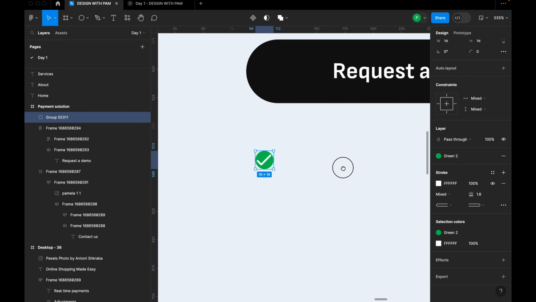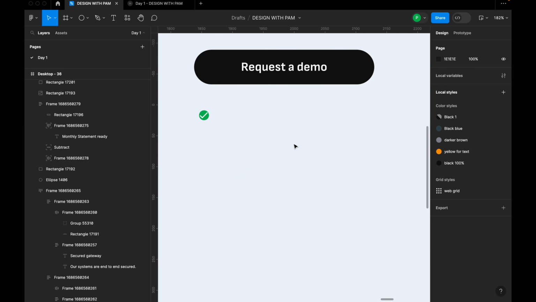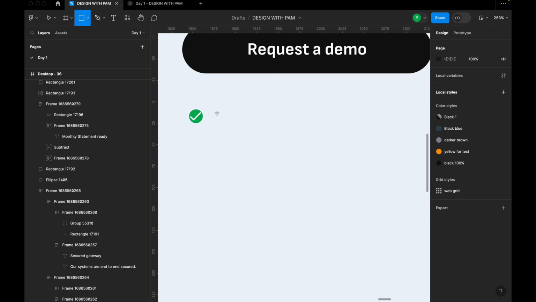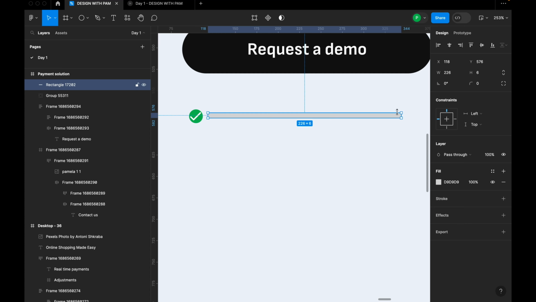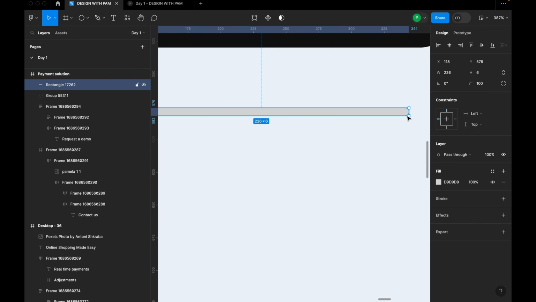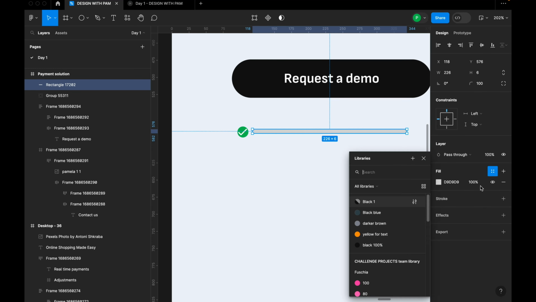So the other thing that we have here is a rectangle that I worked on. So I'm going to hit R on your keyboard to activate the rectangle tool, then draw a shape here, then go to the corner radius and make it up to 100, because I want the edges to be rounded. So I'm going to change the color to green,